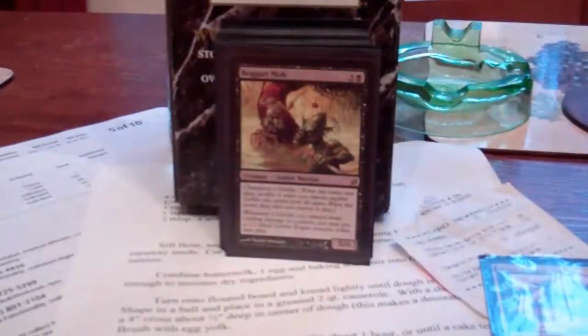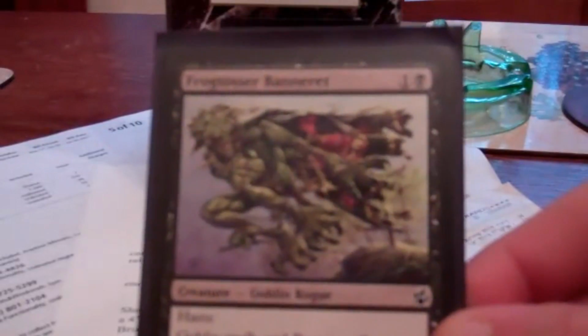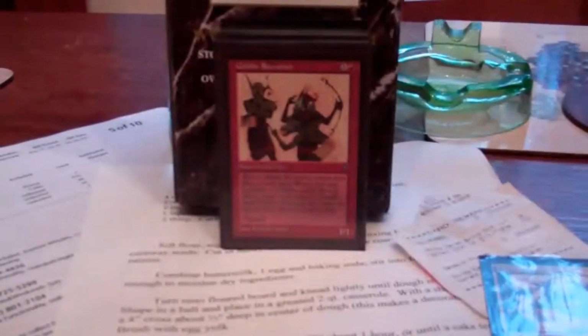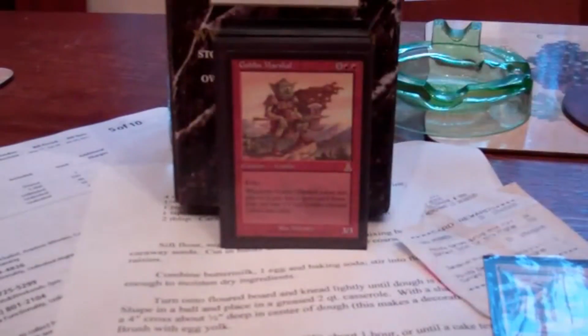Knucklebone Witch. She can sometimes get big when goblins die. Most of the time, she just dies herself. Boggart Mob. Token generator, supreme. Earwig Squad. If I pay the Prowl cost, I can take out key parts of their deck. Can be very nice if I'm playing someone comboing out. Frogtosser Banneret. Reduces goblins by 1. Awesome. Mad Auntie. Pumps them up, regenerates them. What more could I ask for? Goblin Tinkerer. Artifact destruction. Goblin Recruiter. Arguably one of the best goblin tutors. It just stacks your deck with goblins. And